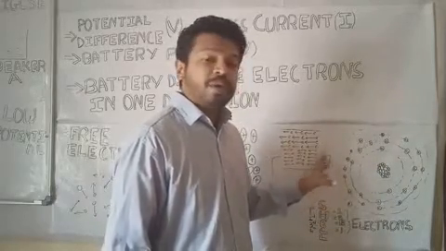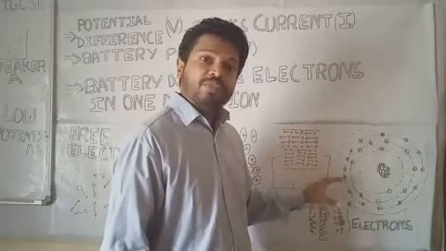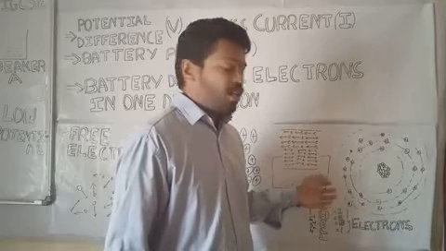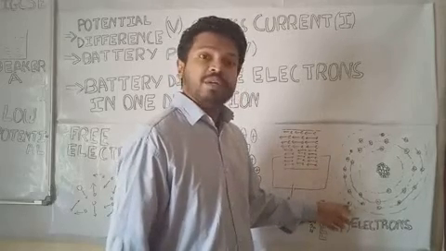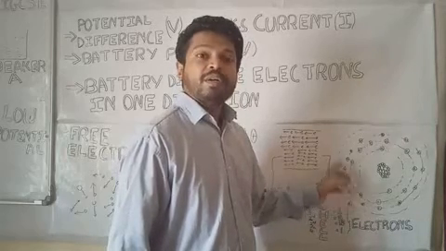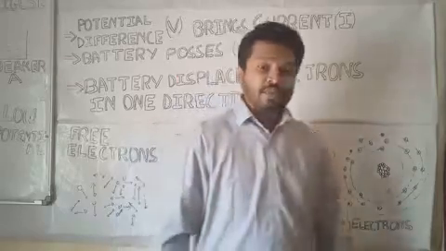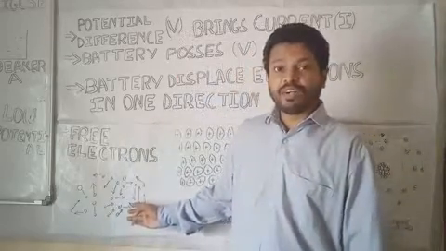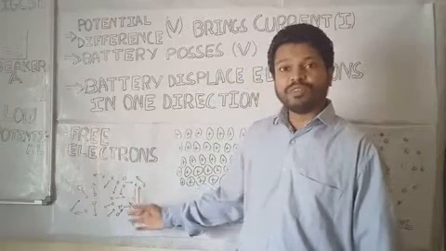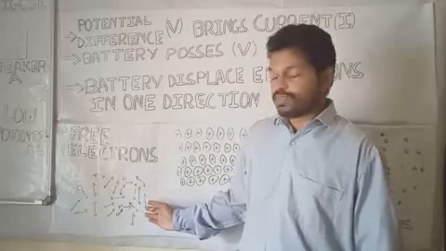This loosely bound electron moves out of the atom freely at room temperature. So it is no more associated with the atom. It is called a free electron. This is the picture we draw of the free electron. This is what we had seen earlier. Free electrons are there inside the conductor, right? So these are the free electrons.